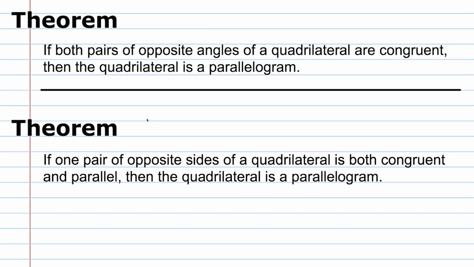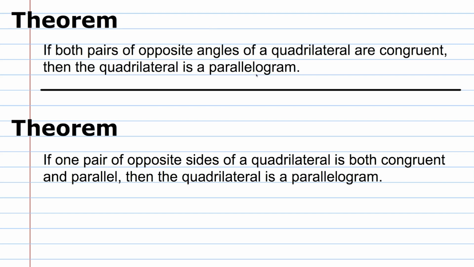Here we have two more theorems in this video geometry lesson that we're not necessarily going to prove in the video. These will be left for my students to complete as exercises in or outside of class. The first theorem here is if two pairs of opposite angles of a quadrilateral are congruent, then the quadrilateral is a parallelogram. So if we can establish that the opposite angles are congruent, then we can conclude that the quadrilateral